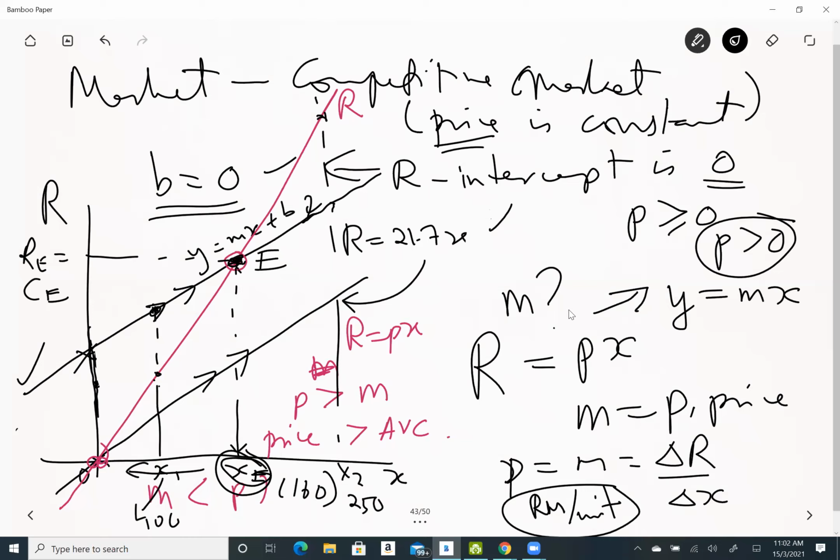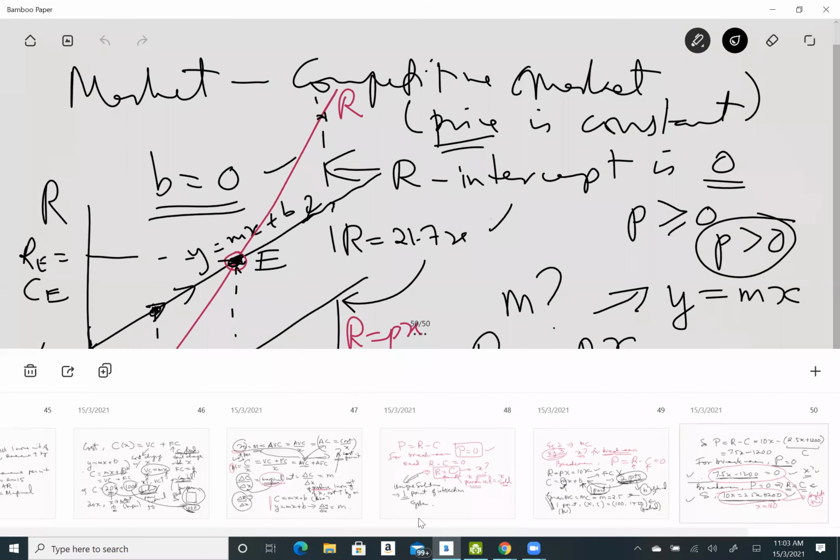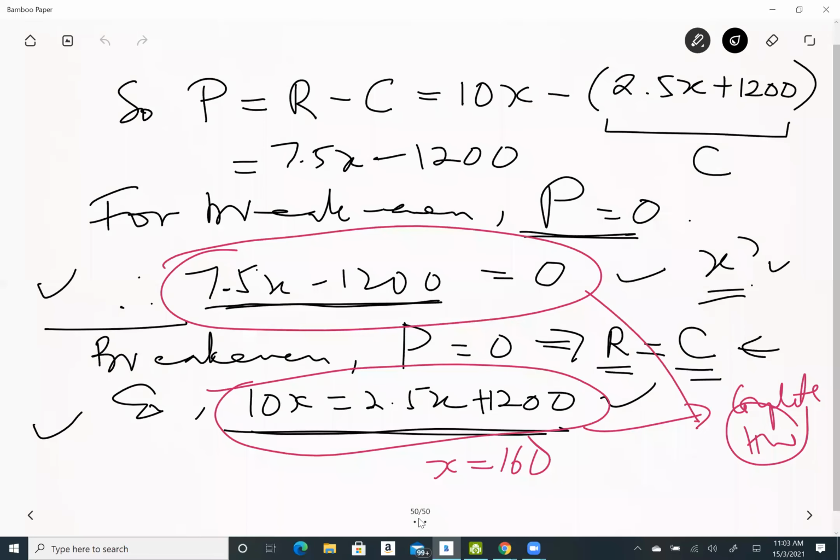But we don't worry too much about that, we just want to look at the break even quantity. But we can see it by looking at the graph. You will see that at the points, either the revenue is bigger than the cost, or the revenue is less than the cost. Okay, all right. So what I would like you to do here is at X equal to 160,